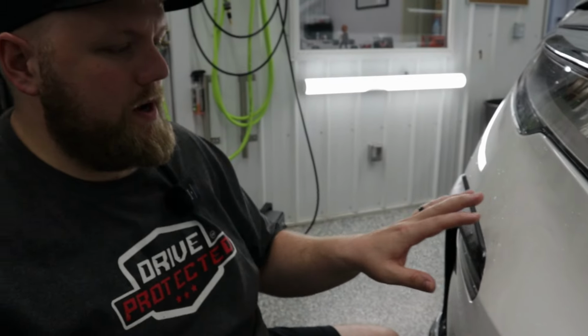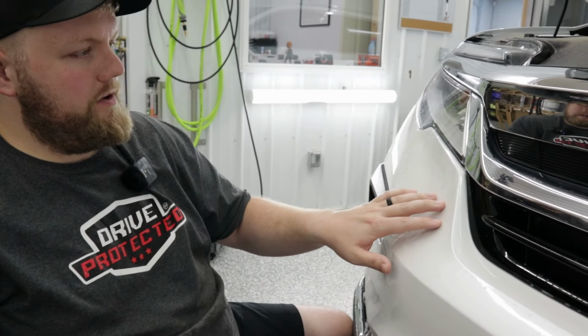So the big takeaways when installing a bumper, you can take this principle and apply it to almost any bumper that you're doing, is always start in the middle and then work your way out. So find your reference points in the middle. Is it a license plate in the middle of the bumper? Is it a sensor? Is it a badge? Or in the situation of this Honda Pilot where we removed the license plate bracket, we started right over here,